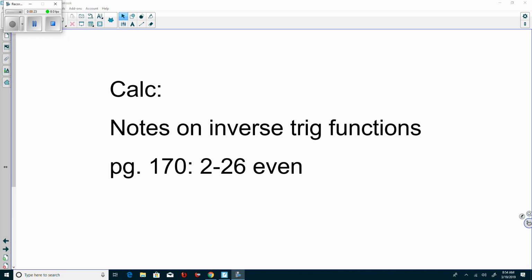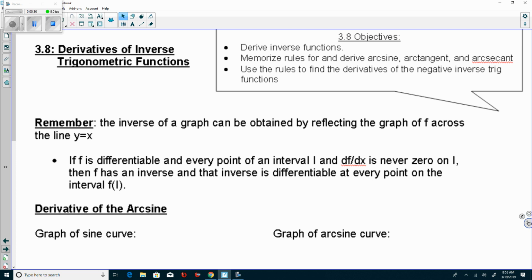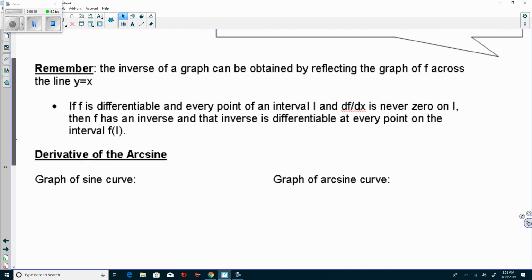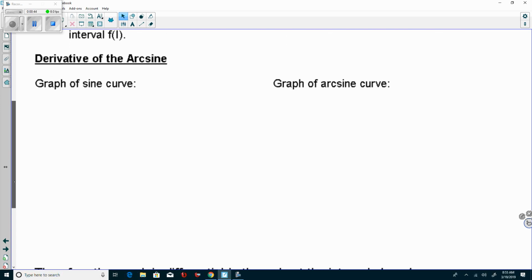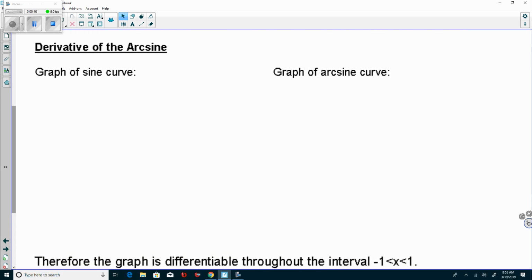with the derivative. But I want you to look at the derivative of the sine inverse of y, and it's actually on page 166 because we're doing the inverse trig functions and where they are derived from. So the graph of the inverse can be obtained by reflecting across the line y equals x. Okay, that's the inverse. The graphs of the sine curve, so you know the graph of your